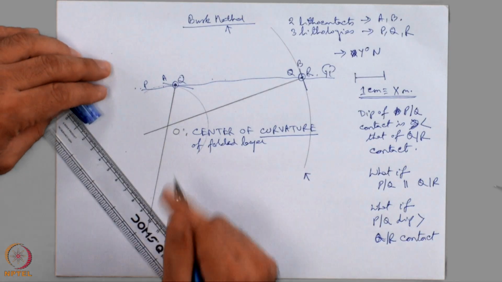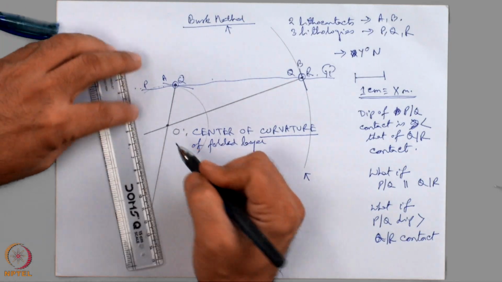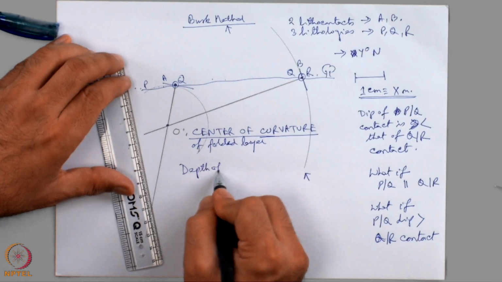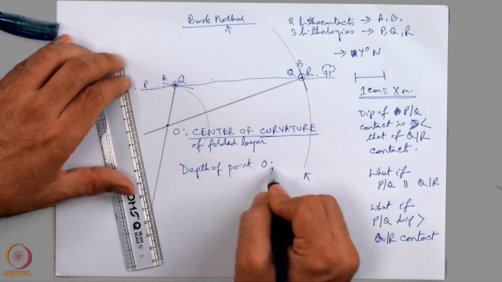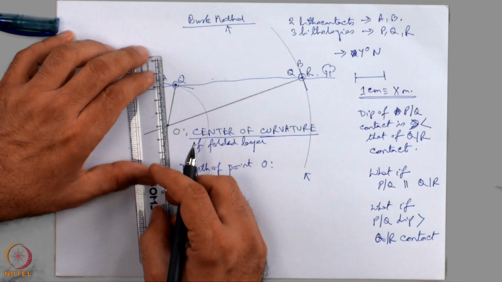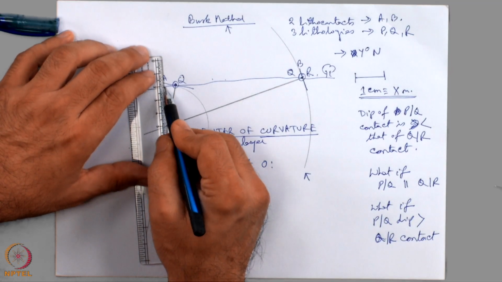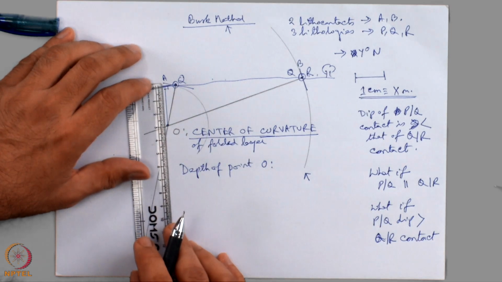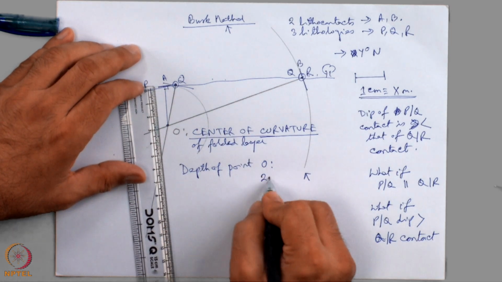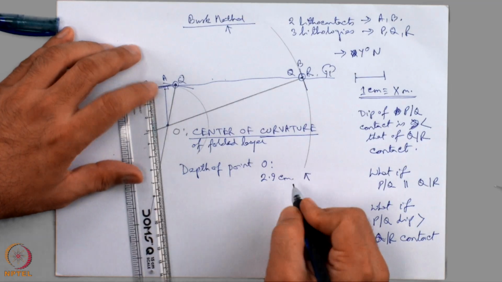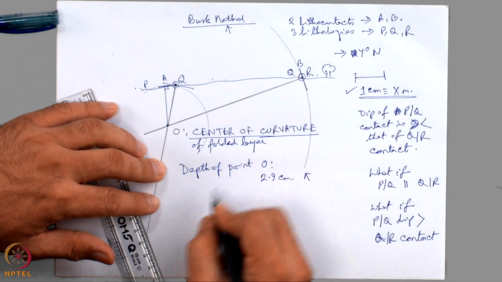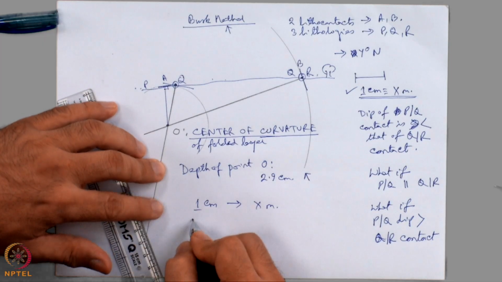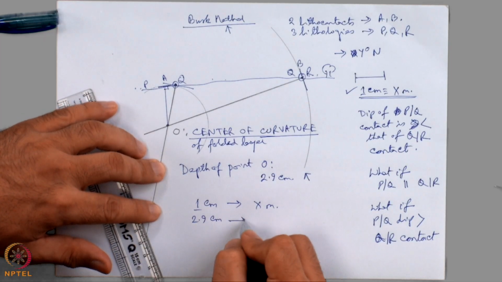Once the drawing has been made, you can find out the depth of the center of curvature. From O, I will drop a vertical line on the supposedly horizontal surface and find out the distance. In my drawing here, it is 2.9 centimeter. Then I can apply this. If 1 centimeter is equivalent to x meter, then 2.9 centimeter is